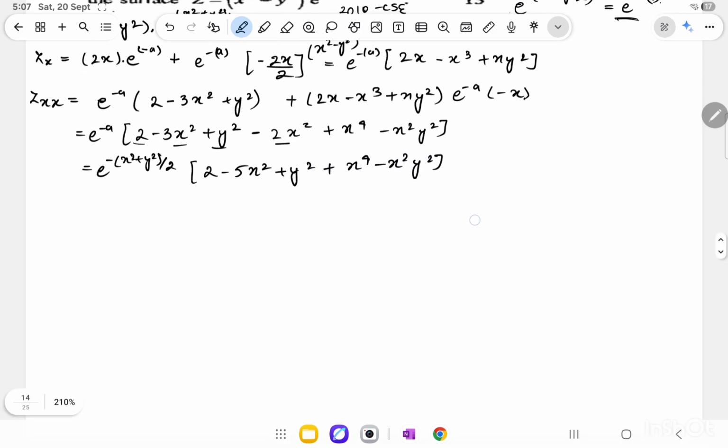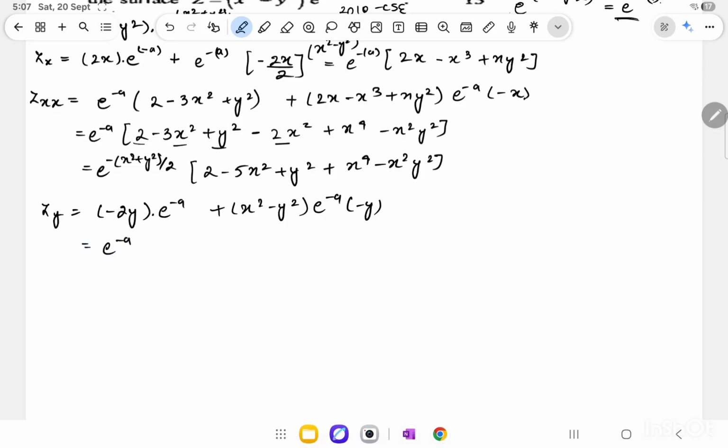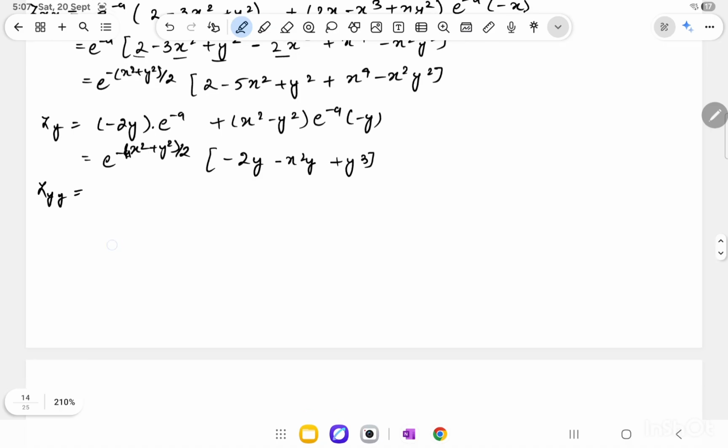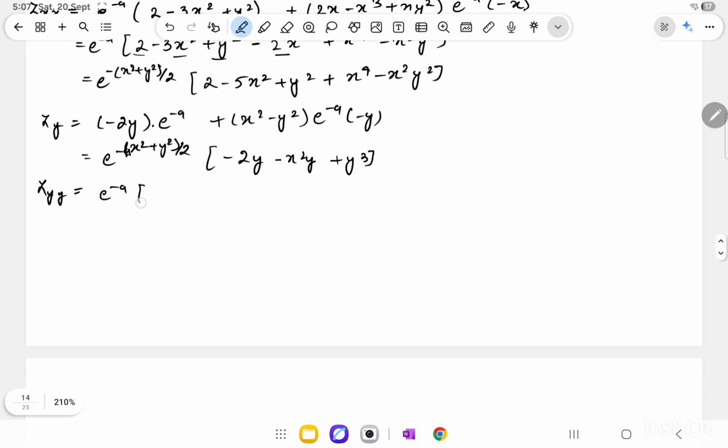Likewise, the partial derivative of z with respect to y will be negative of 2y into e raised minus a plus x square minus y square into e raised minus a into minus y. So I can pull out e raised minus a, that is e raised x square plus y square by 2 into minus 2y minus x square y plus y cube, and its second order partial derivative with respect to y will be e raised negative a into minus 2 minus x square plus 3y square